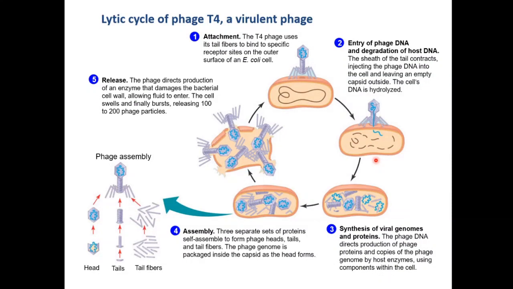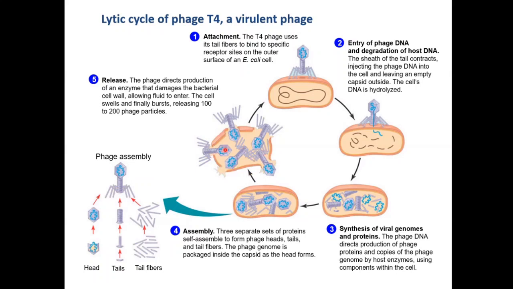And after injecting the nucleic acid in the bacterium, there is a step of viral genome synthesis and protein. So all these proteins will be synthesized, and the genome will replicate. Then there will be an initial phase of assembly. Assembly means the head, tail, and fibers get together to make the complete phage. And after this complete phage, then the bacterium will just be